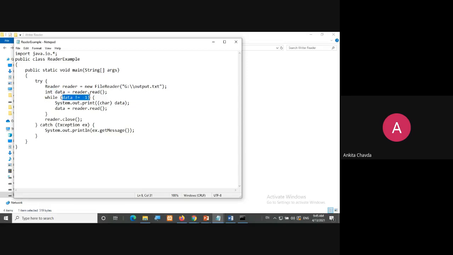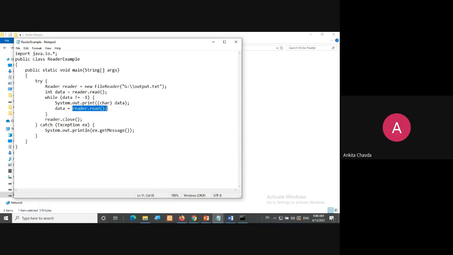While data is not equal to -1, I'll convert that data into a character and print it, and then data equals reader.read. Again inside data I am reading the next character. Again it will check whether data is not equal to -1, again print the character, again read.